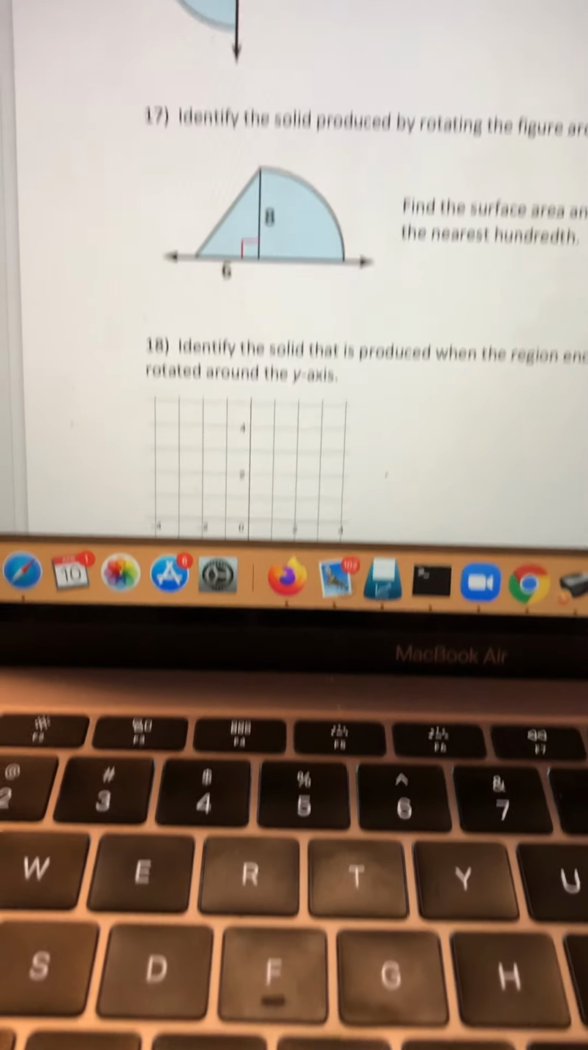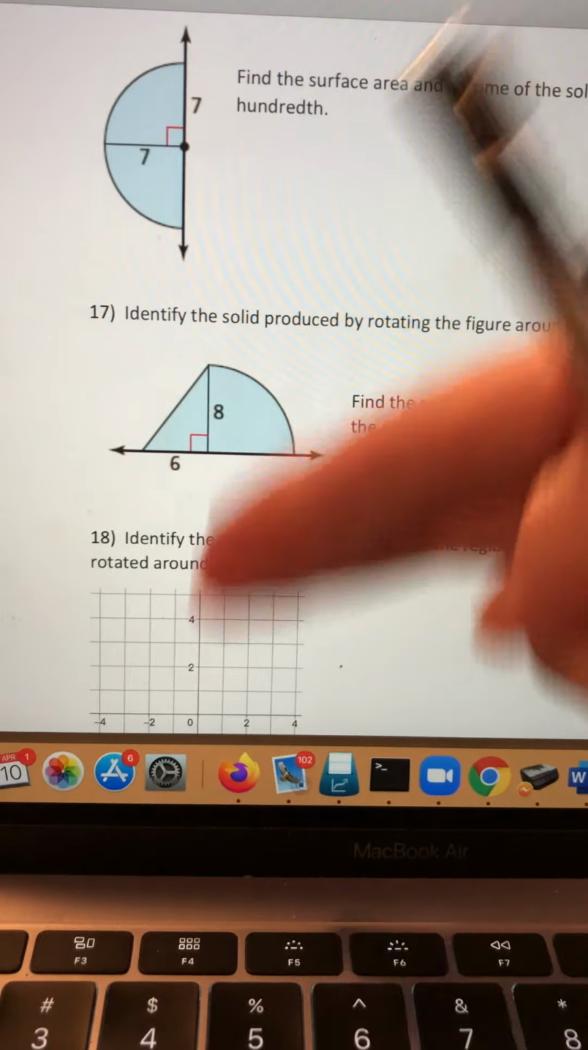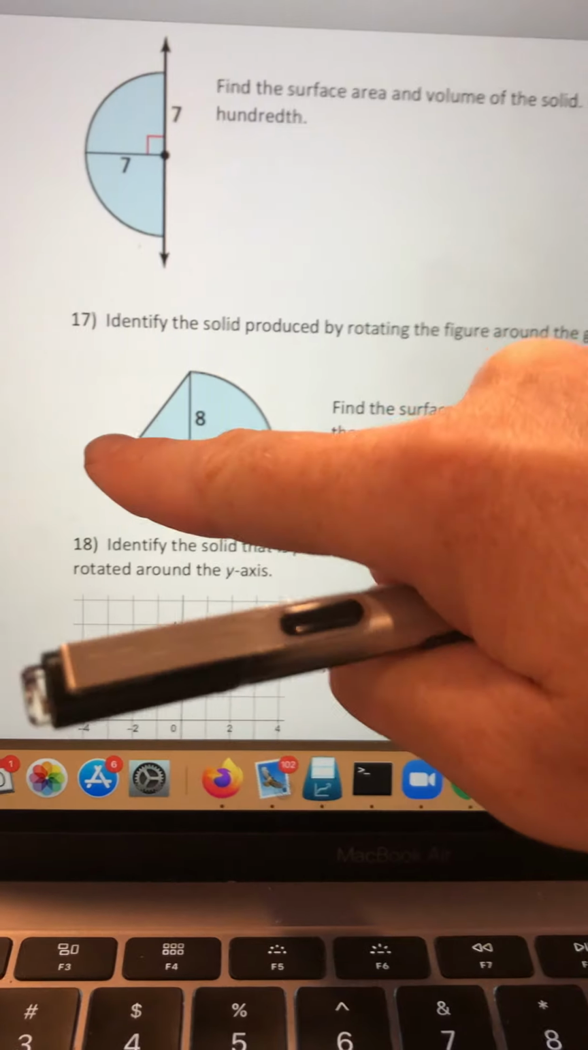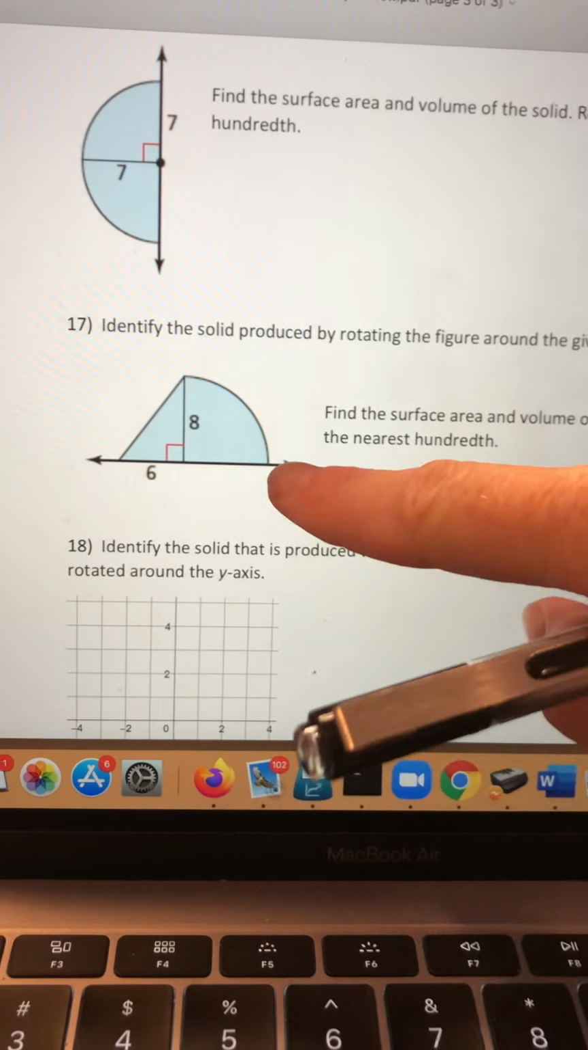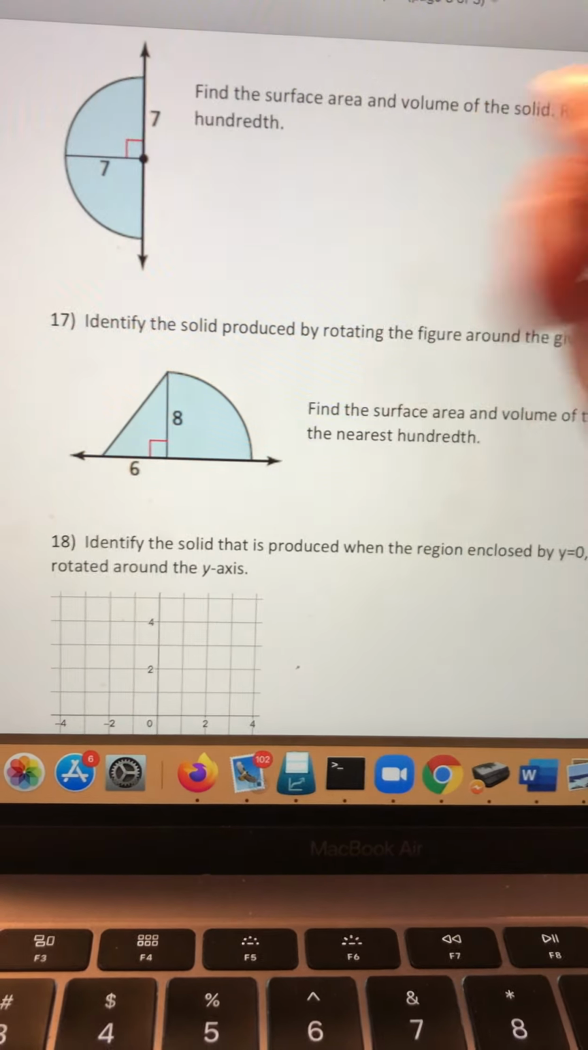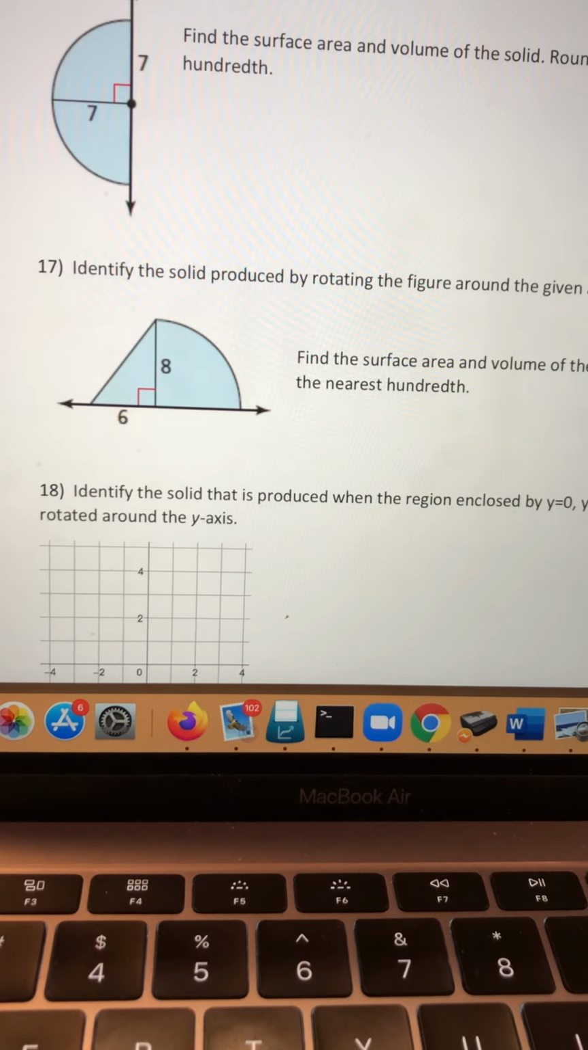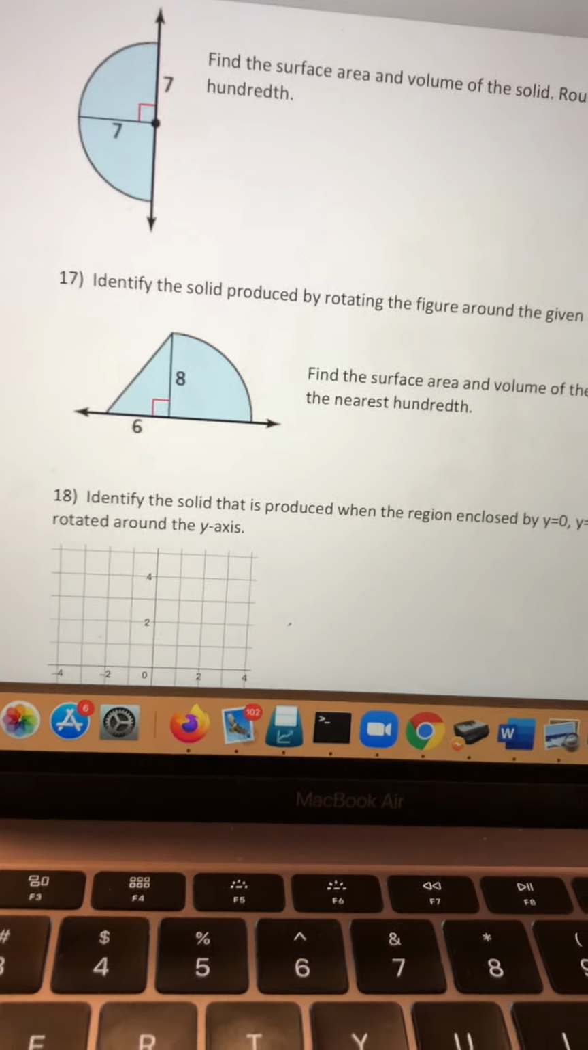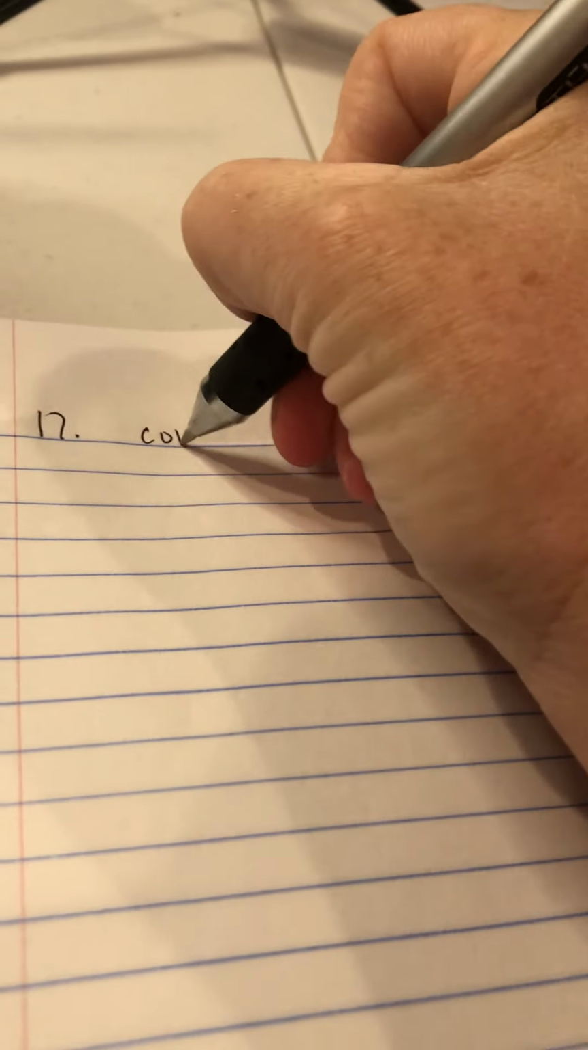Number 17. Yowzas. All right, so again, we're going around and around and around. It's going to make like a snow cone. It's going to have a triangle here and another semicircle here. So it's almost like a snow cone that fell over, really sad. So number 17, I've got a cone plus half a sphere. Okay, so surface area,